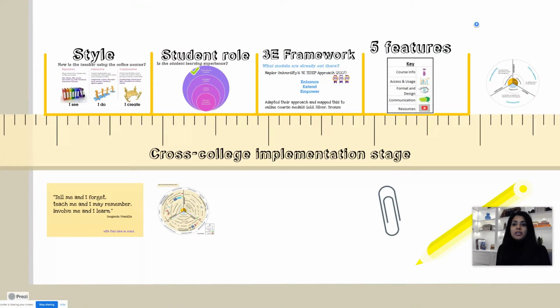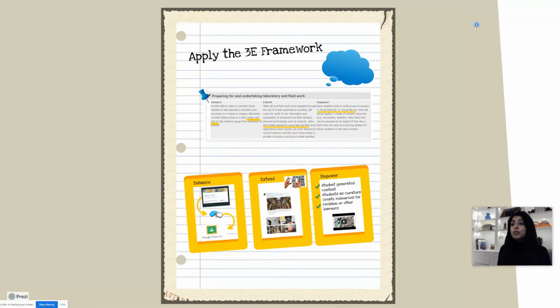Now, that was the quality online standards model that was developed by myself with the Napier University's 3E approach. Now, moving on to the next stage is how to apply the 3E framework for your own learning and teaching